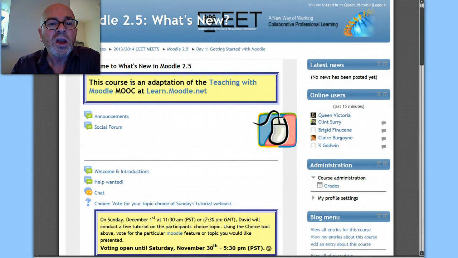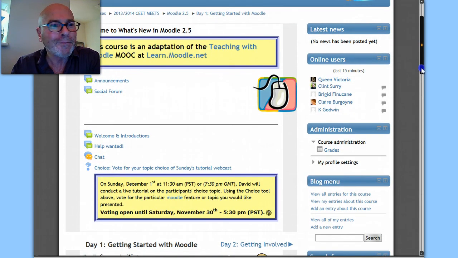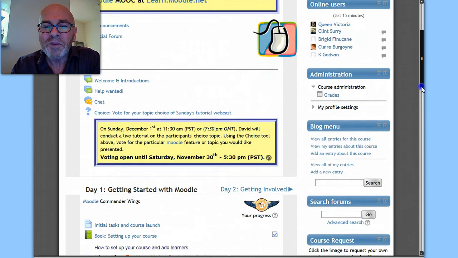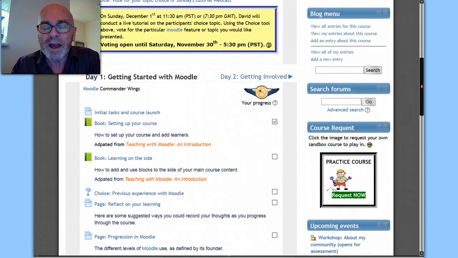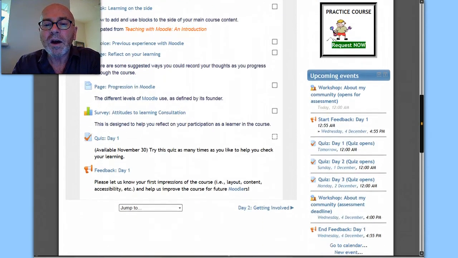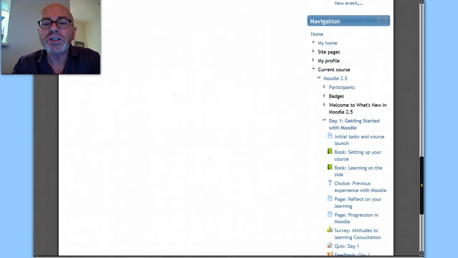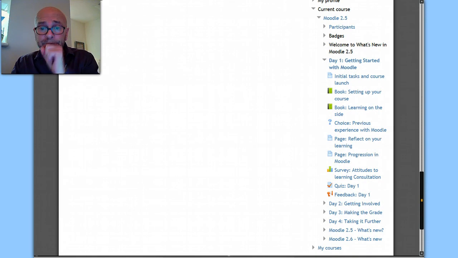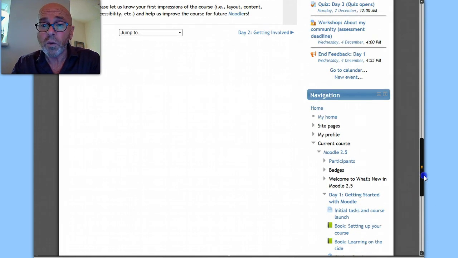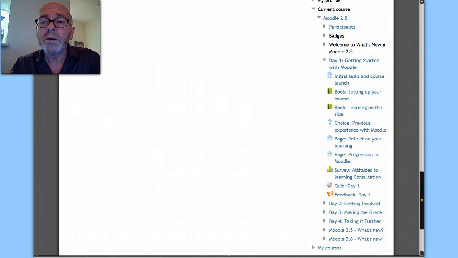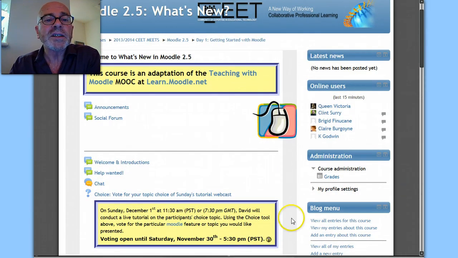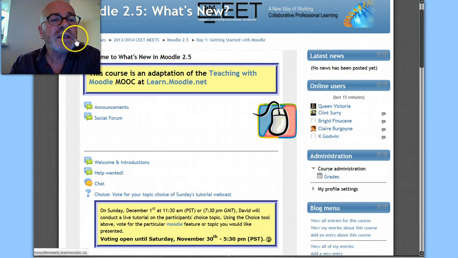Actually, I'll just go back. Other than the navigation, I'm looking at Queen Victoria's. I've got my screen set up differently. You can move things around and you'll find out a little bit more about that as you get through the course. But for Queen Victoria, she's got her navigation at the bottom. So you can navigate the course using the navigation panel or block, or if you want to jump right back to the course page, this is also navigation. This is called breadcrumb navigation at the top. So I'm going to go right back to Moodle 2.5.